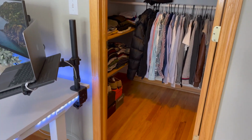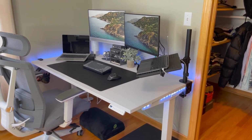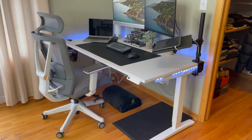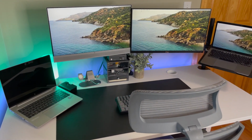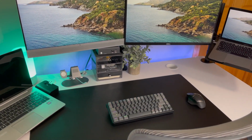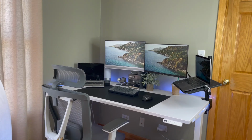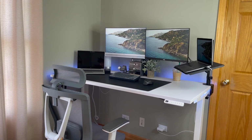Now moving on to this corner of my room is where I have my desk setup. I went through a full detailed tour of my current desk setup in a separate video, and so I will link it above if you want a more thorough explanation. But just some key pieces of my setup that I do want to highlight is first the standing desk from Uplift Desk. As an accountant, I'm pretty much glued to my desk for 8, 10, sometimes 12 hours a day